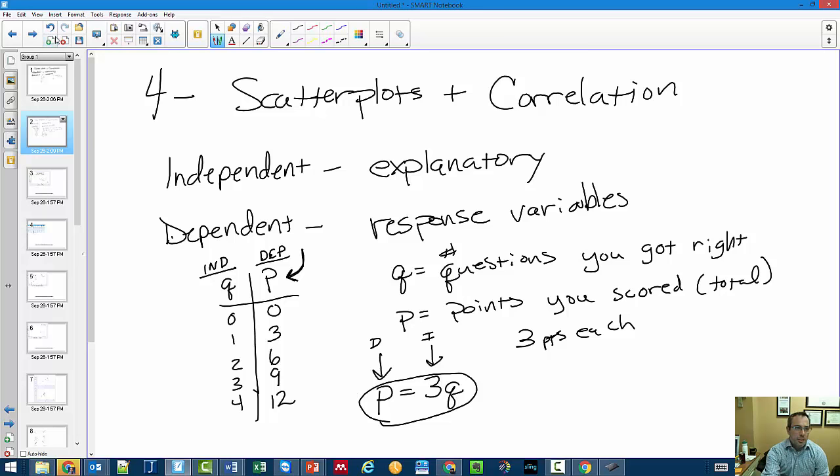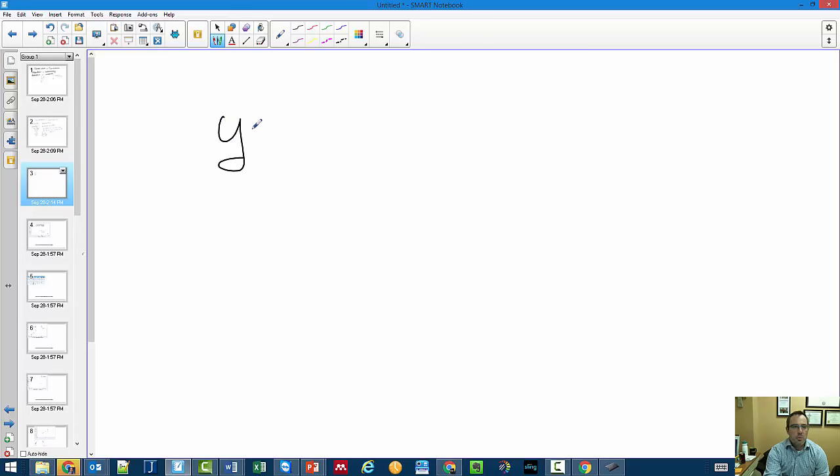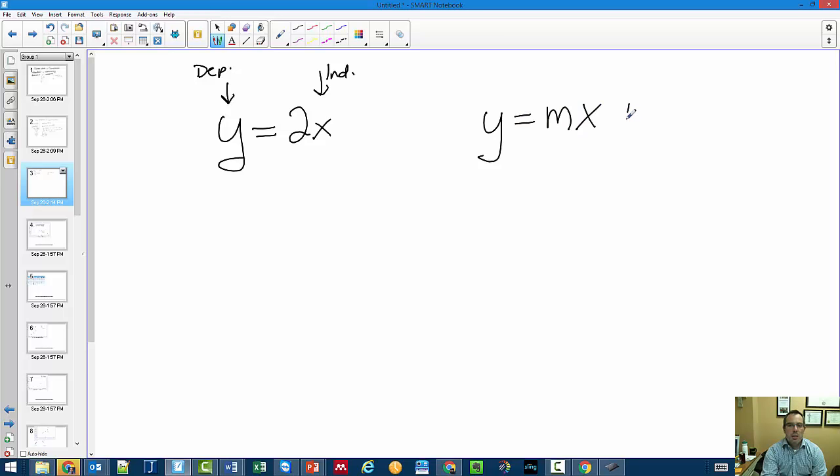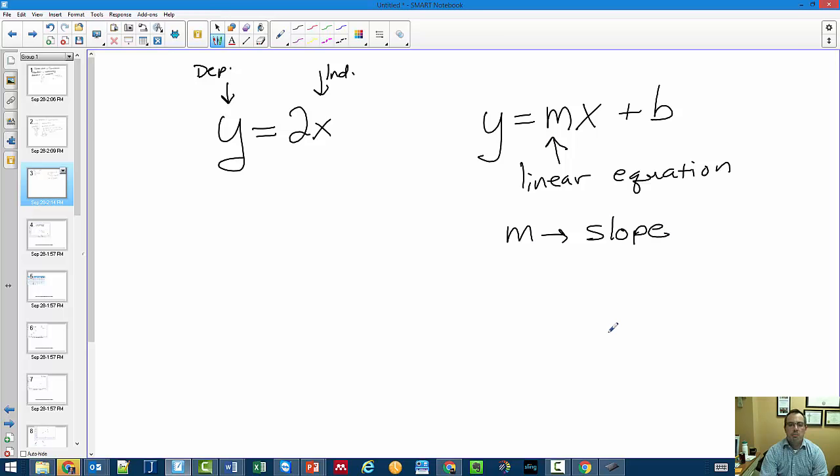So speaking of algebra, most of the time we see those things written like this: y equals 2x. We almost always in algebra use y as the dependent variable and x as the independent variable. One of the things you're going to want to remember from algebra as we take a look at correlations is part of this formula, y equals mx plus b. This was the formula for a linear equation. And what we need to remember about that is the m was really the slope of the equation. We should remember that if I have a positive slope,